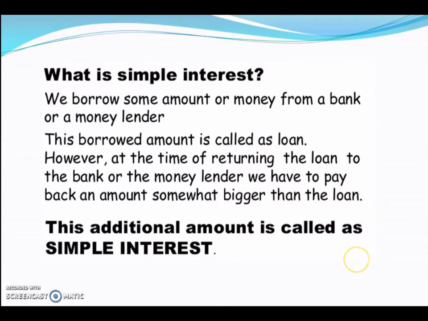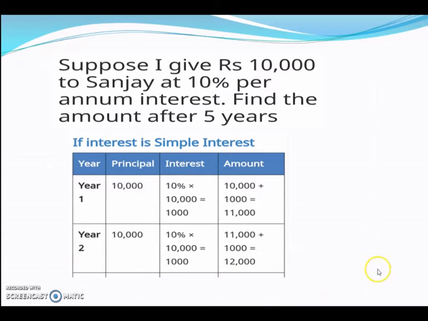So if I have borrowed 10,000 rupees for 5 years, when I return it, that amount will be slightly higher at the end of 5 years, depending on what the rate of interest is. So let's see how we can find this interest. We'll see one problem and we will solve it using both. First we will see what is simple interest and how you will solve it using simple interest, and then we will see, in case you have to find out the compound interest for the same problem, how you will do it.